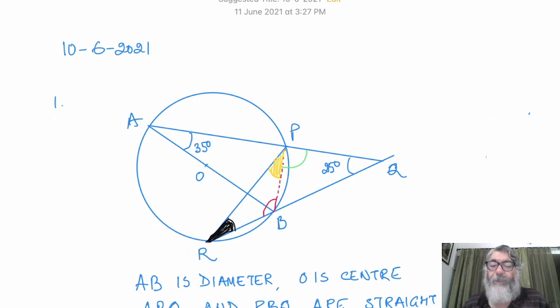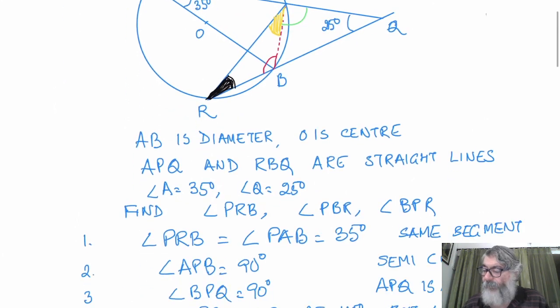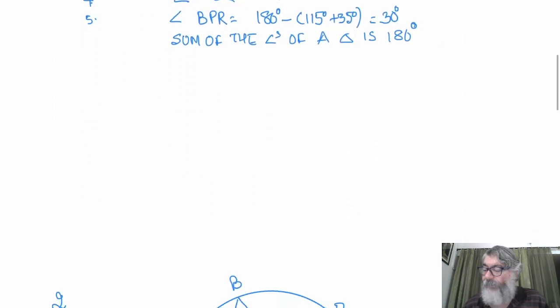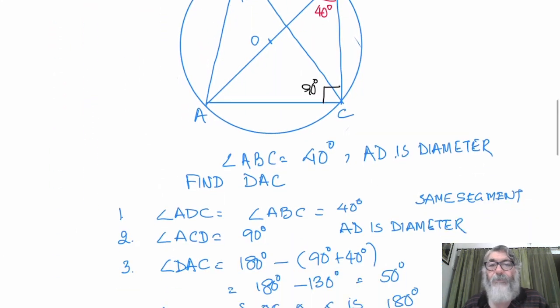Number 1, the angle subtended by an arc at the center of the circle is double the angle which it subtends at the remaining part of the circumference. Number 2, angles in the same segment of a circle are equal. Number 3, angle in a semicircle is a right angle. Number 4, opposite angles of a cyclic quadrilateral are supplementary. You can see these problems were based on those theorems only.